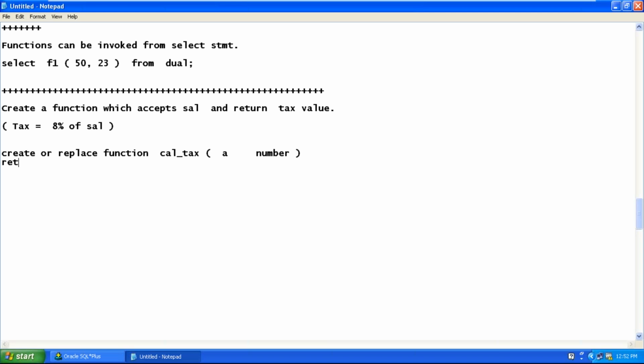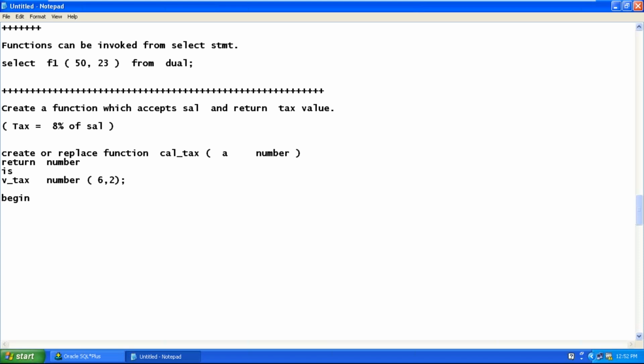Tax is also a number. Return number, begin. I need one variable, so I write v_tax number of 6,2.